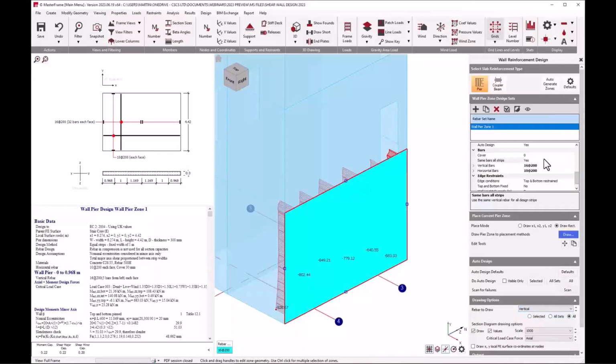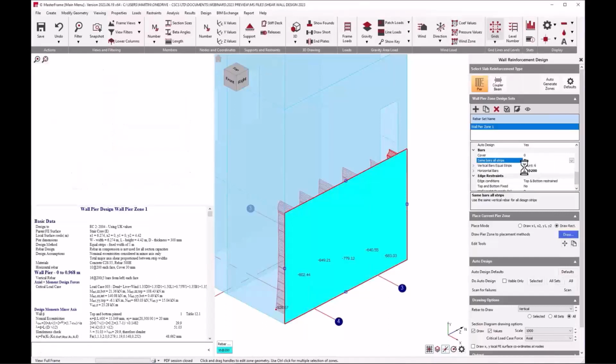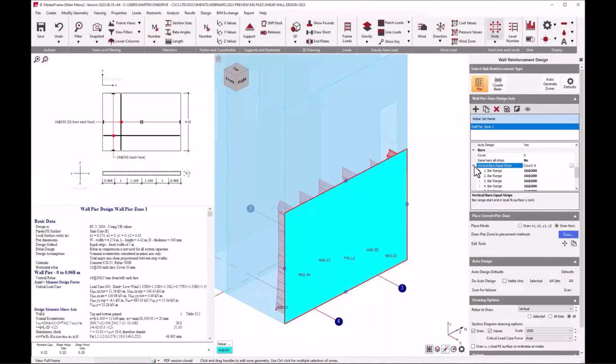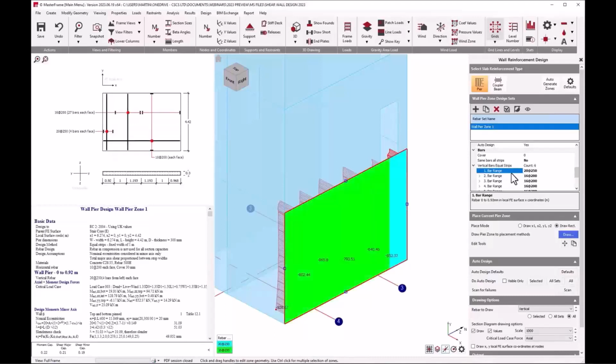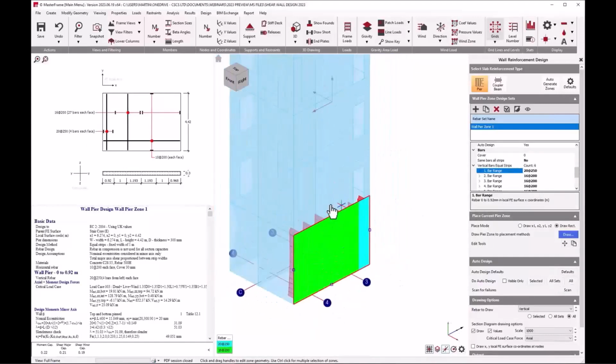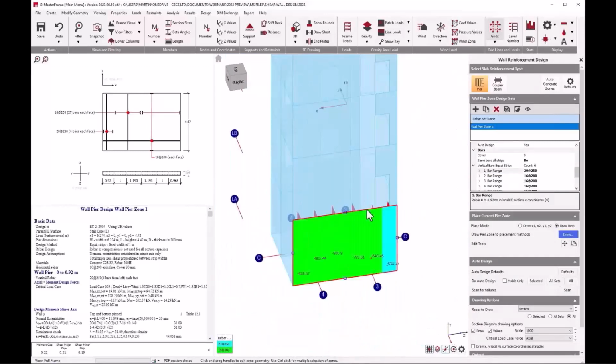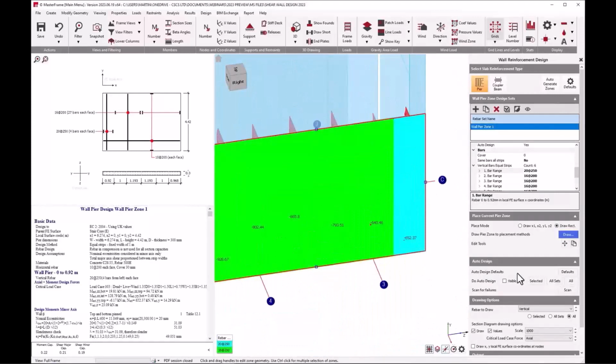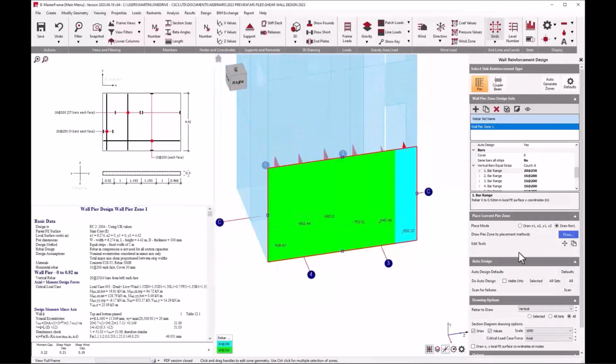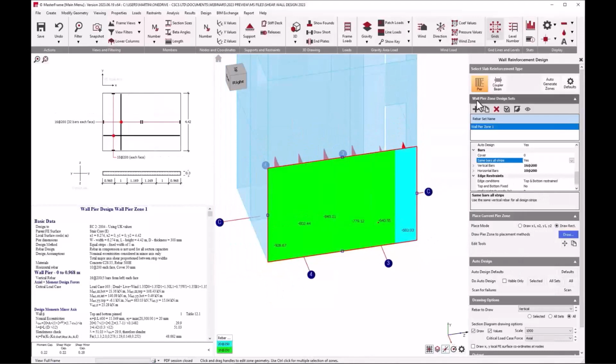So for the vertical rebar, 16s at 200s, we're set to use the same rebars across all strips, which might be sensible. But if you do want that variability of control, you can separate that out into specifying a different arrangement of reinforcement per strip, and the wall will get reconfigured for that, reconfiguring the strips slightly with the strip rounding to rebar spacings. That's all on the local surface axis coordinate system, as we can see there. So we can take the strip, and we're just going to set that back to use the same rebars in